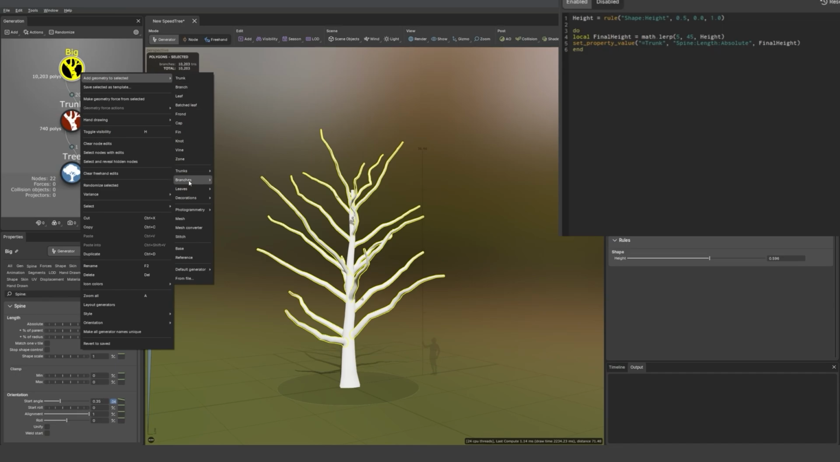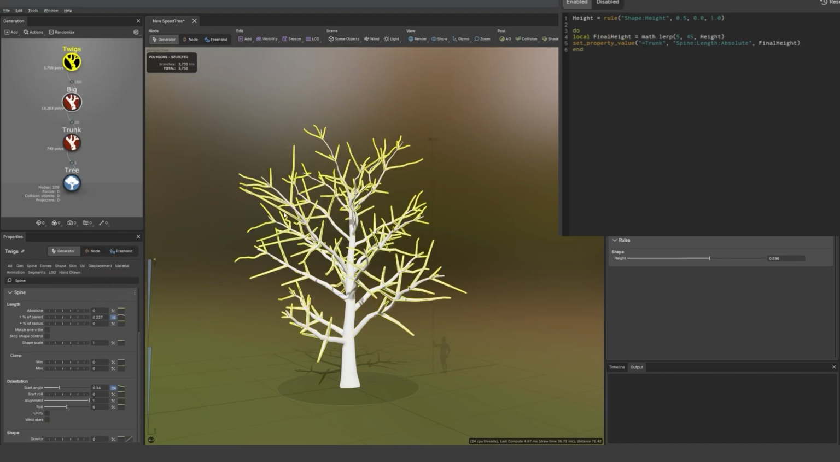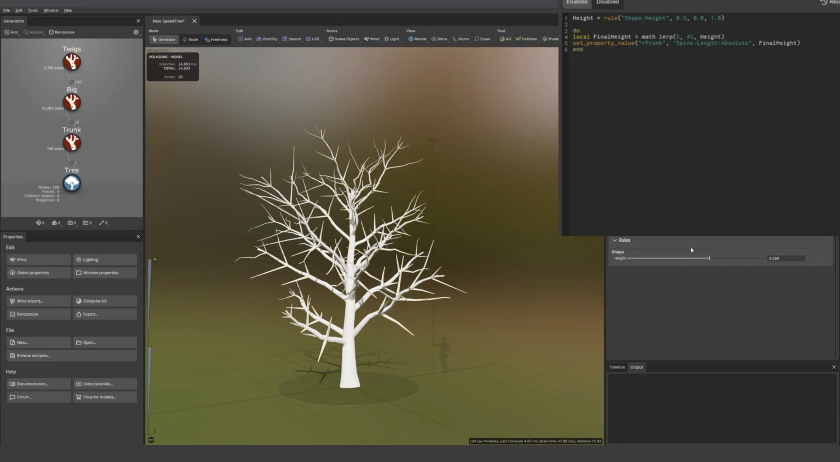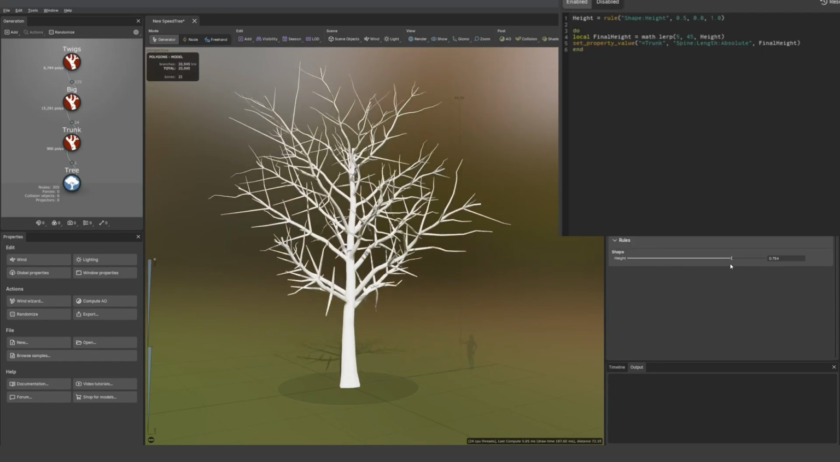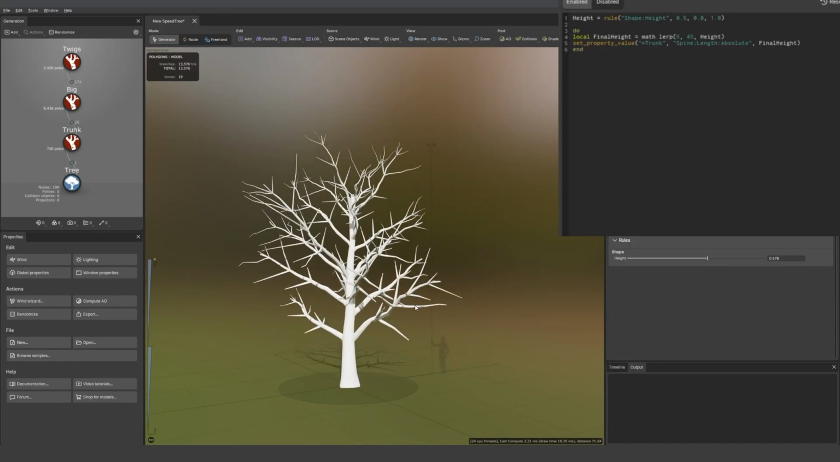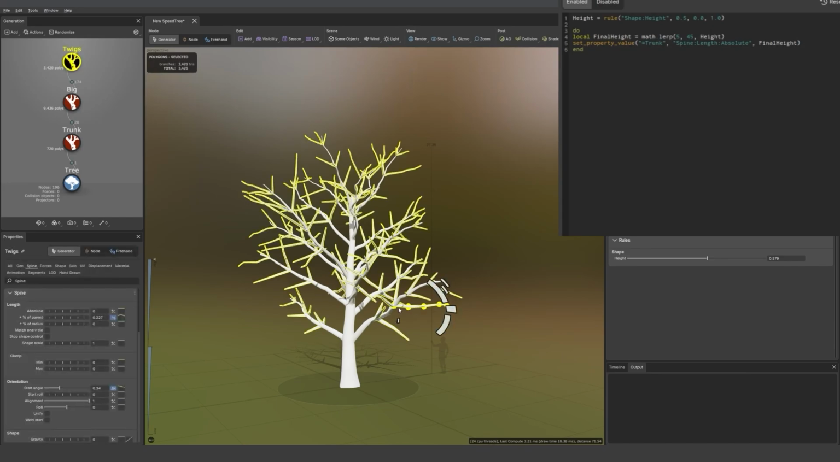So let's add another branch generator, and now if I do the same thing, the twigs are becoming bigger and bigger. But maybe we don't want that. What if we wanted the twigs to remain the same length throughout? So for this, I would change the relative value of the length and put that to 0 and instead use